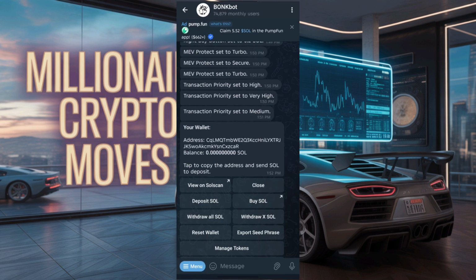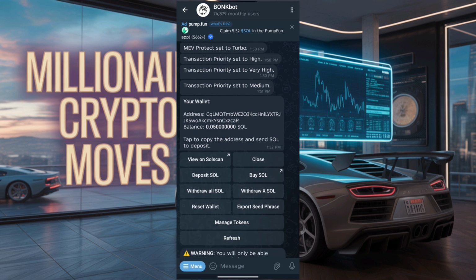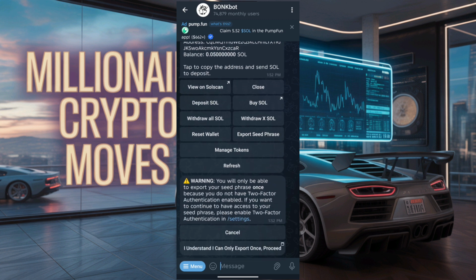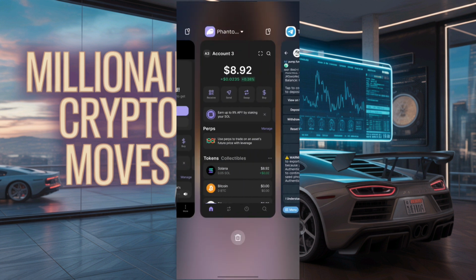let's go back here to our Bonk bot. So what we'll be doing next is to refresh this Bonk bot. You can see that our balance is now showing 0.055 Solana. So what we're doing right now is to buy a token, right? So we come here to where you see